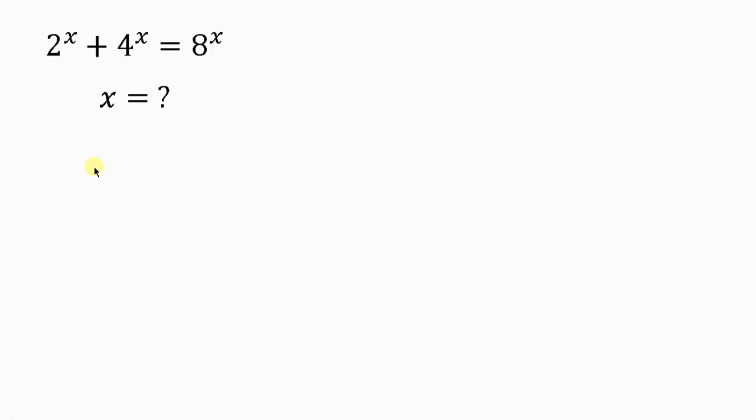We have this interesting question that we're going to be solving. The question says, find the value of x for which 2 to the x plus 4 to the x is equal to 8 to the x. Well, our first step will be for us to reduce 4 and 8 to their lowest base, which is a